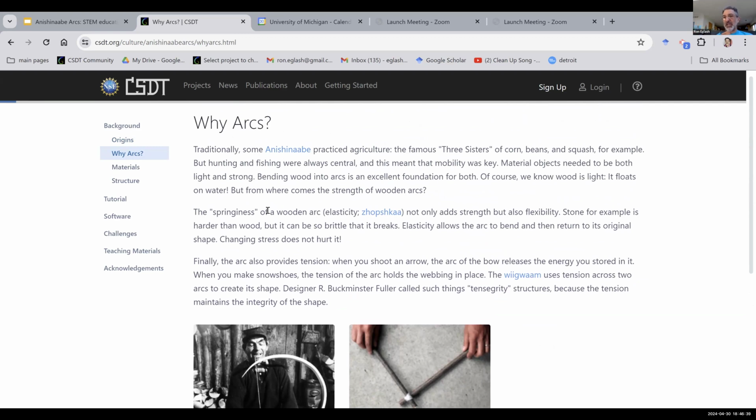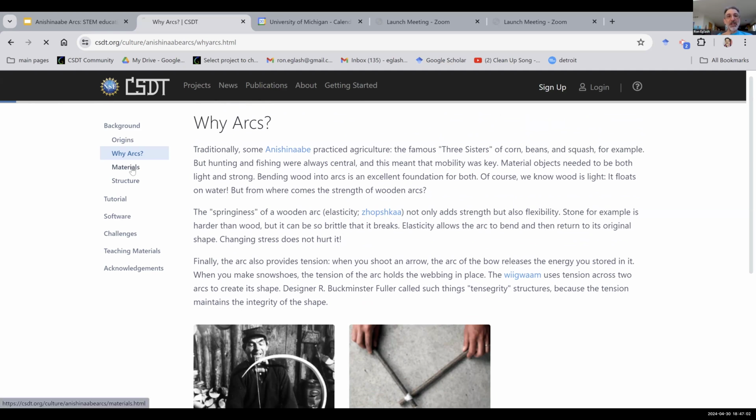And we asked our language teacher to translate some of those physics concepts. So here, elasticity. Zhopska. So using some of those concepts, he was able to now develop some terminology that made sense in the local